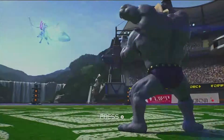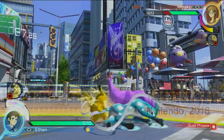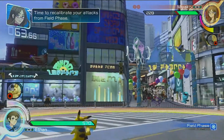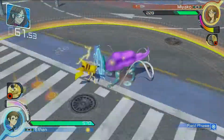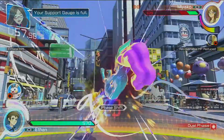For Nintendo's Wii U, I picked up Splatoon and Pokken Tournament. Pokken Tournament is a twist to the normal Pokemon Tournament for the Wii. Instead of a turn-based RPG, it's more like a fighting game with RPG elements to strengthen your character. The gameplay is easy for anyone to get a handle on, and it was very addicting